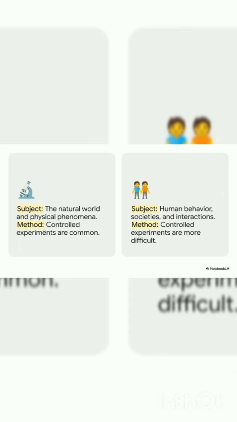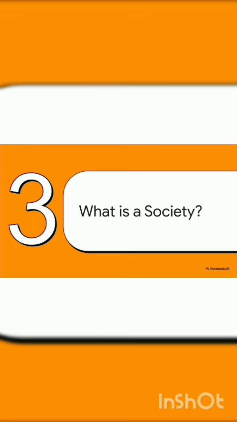And this is where it gets tricky, but also fascinating. In, say, chemistry, you can run a controlled experiment in a lab, but you can't exactly put a whole society in a test tube, can you? Studying humans is just inherently complex and messy. So while sociologists are always striving for objectivity, they also have to deal with the human element, our feelings, our culture, our constantly shifting perspectives. All right, so if sociology is the science of society, that kind of